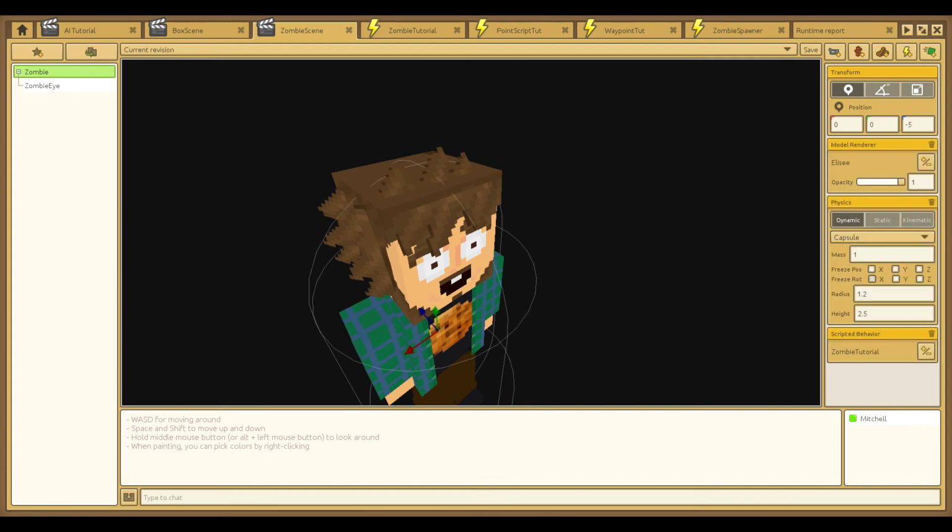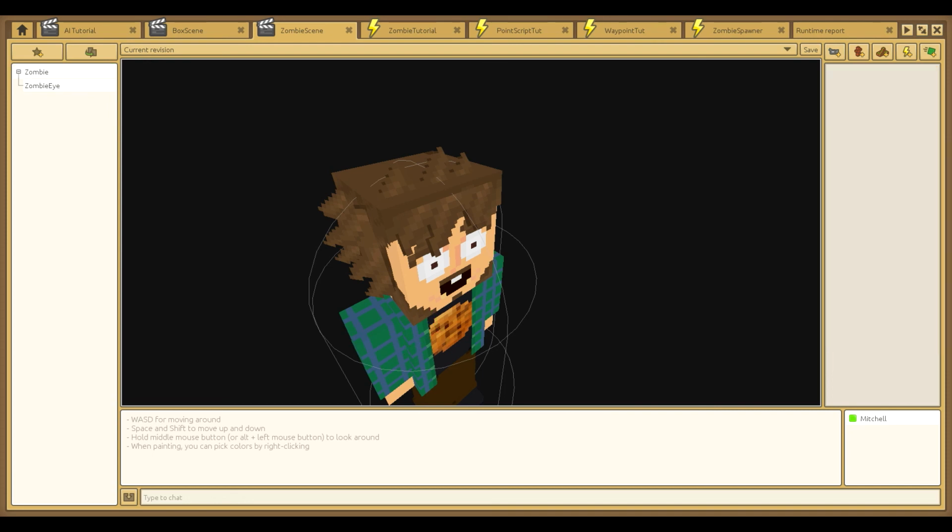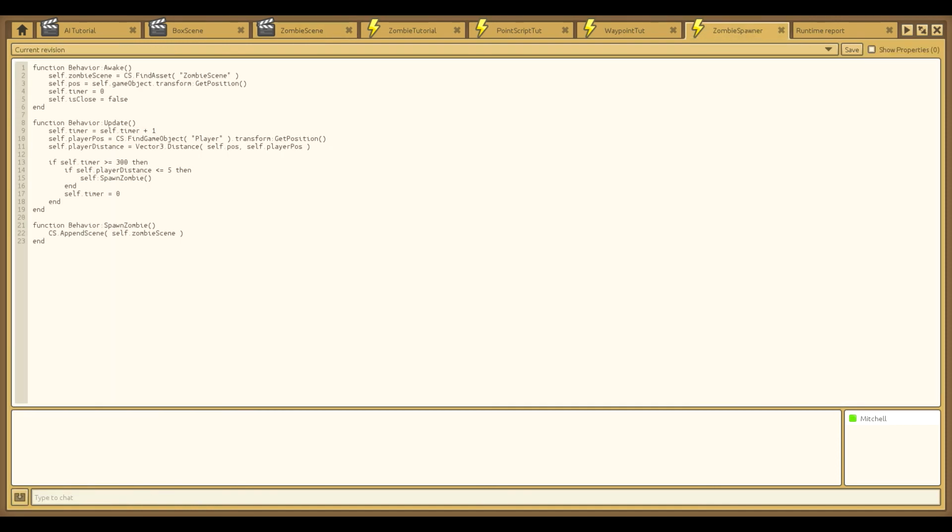In our zombie scene, we have to freeze the X, Y, and Z rotations. Make sure you do that. Now, what we probably want to do, actually, when we append it, is then find the game object. So local new zombie equals cs.find game object. Well, actually, then